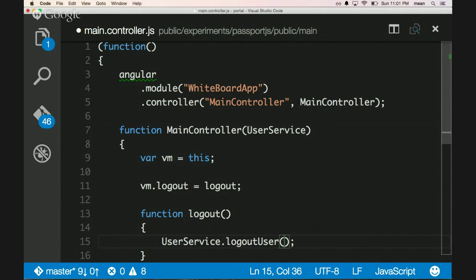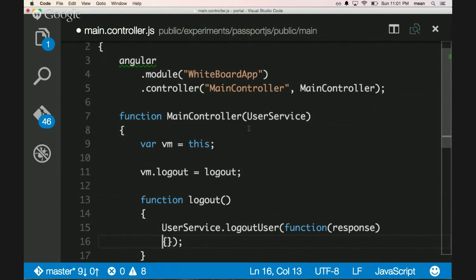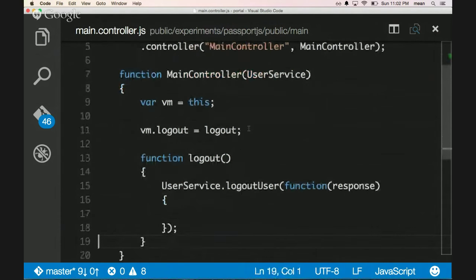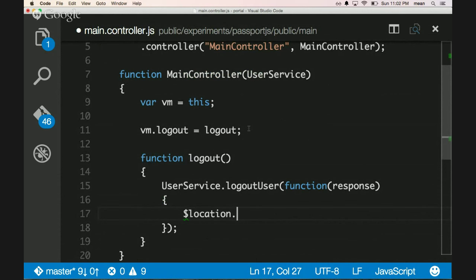And it's going to come back with some function with some response, right? And whenever that response is successful, we would like to be able to go now to home. Okay, I'm no one, right? I'm logged out. Let's go back home. So we'll say URL go home,